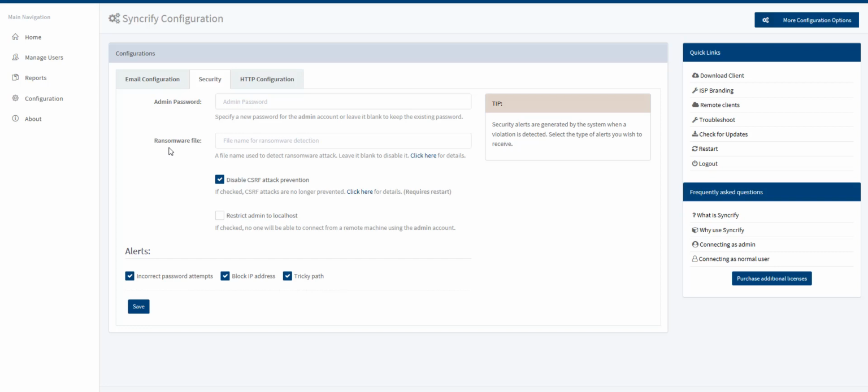By default, this generates a random name for a file, however you can change this to any file you wish. What this option does is create this file in each top-level folder of a backed up profile. When a backup runs, Syncrify will first check this file to see if it has been removed or changed in any way. If it has, Syncrify will stop the backup and alert the admin that a possible ransomware attack has